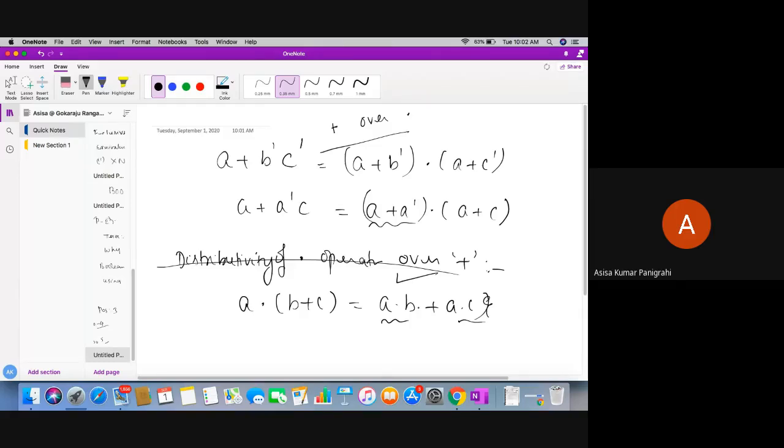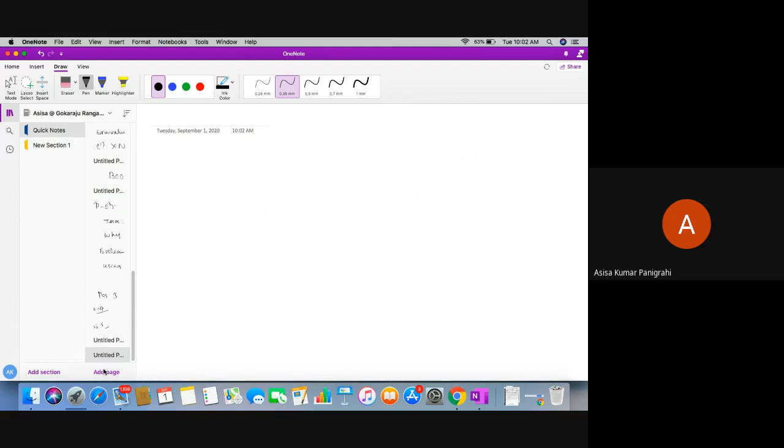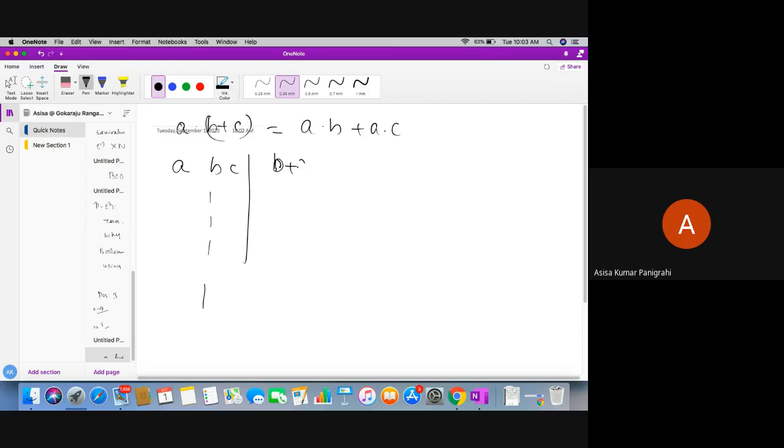Again, you can do the proof the same way. What do you have to do? A and (B or C), and (A and B) or (A and C). Very simple. Take A, B, C. Take all the 8 possible combinations: 0 0 0, 0 0 1, 0 1 0, like this. Perform B or C first.